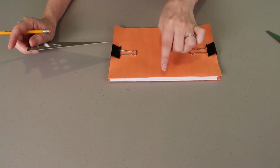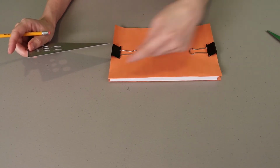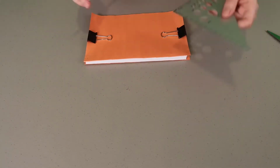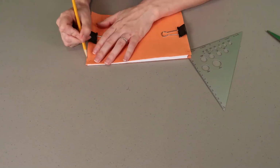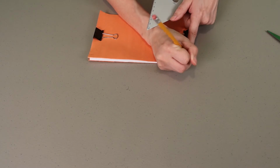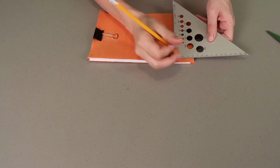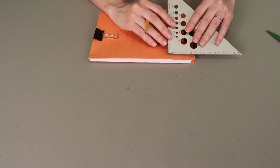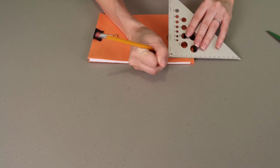I'm going to start on the inner holes first. You're going to do the inner holes 1 centimeter from the long edge and 1 centimeter from the short edge. These measurements don't have to be exact. You're basically just going to want an even amount of holes evenly spaced apart. So that's our first hole. Then the next hole is going to be about 2 centimeters from that first hole. And then it's going to be 1 centimeter. And it's just going to alternate 2 centimeters,